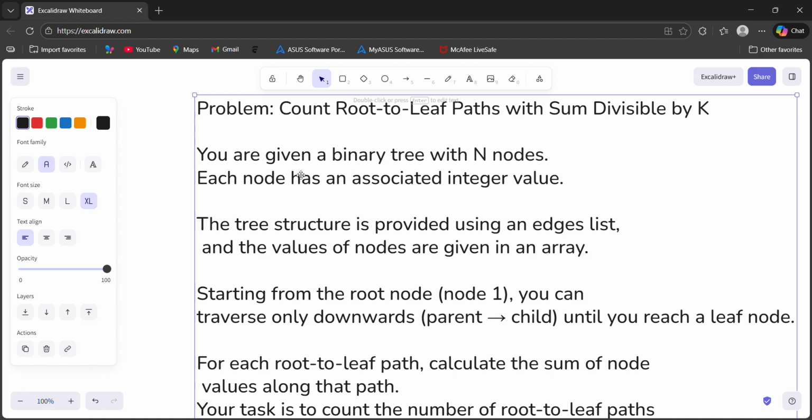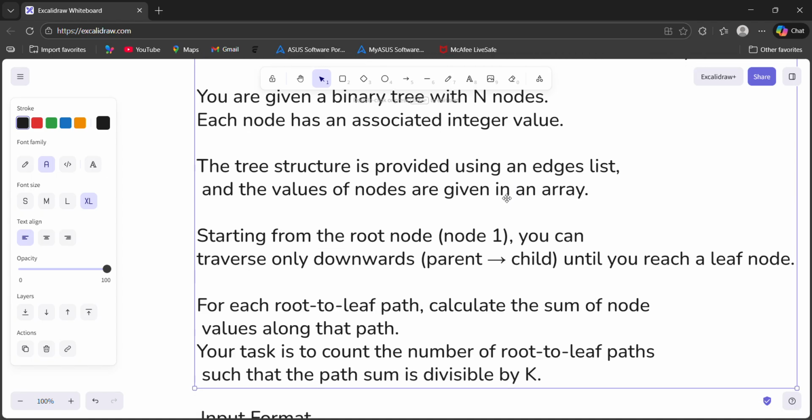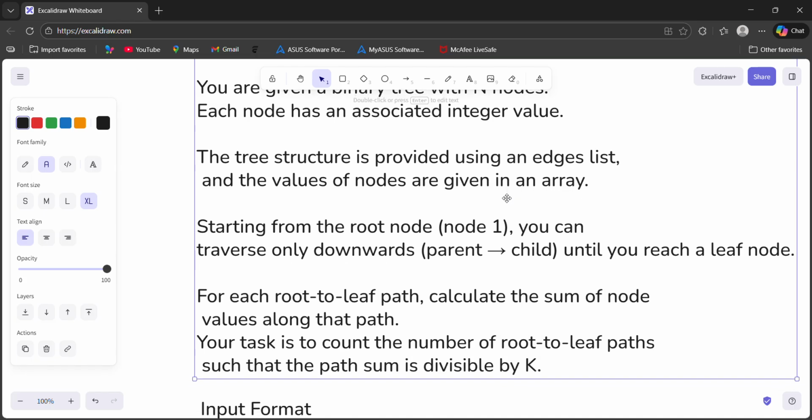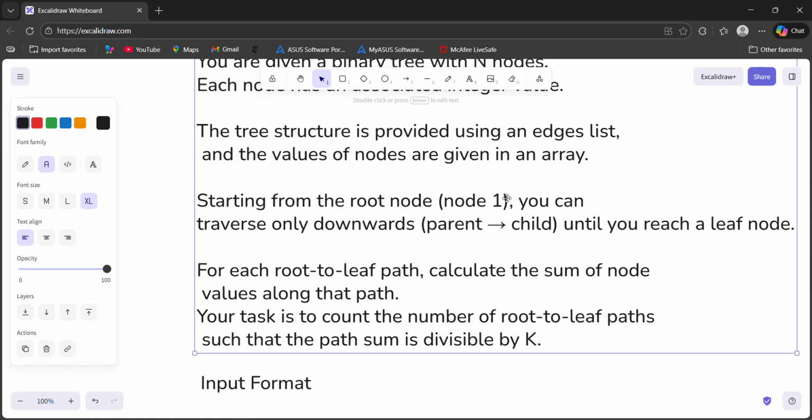So you are given a binary tree with n nodes. Each node has an associated integer value. The tree structure will be given using an adjacency list you will have to make on your own, and the values of nodes will also be given in an array format. So we had to start from the root node 1, and we can traverse downwards,